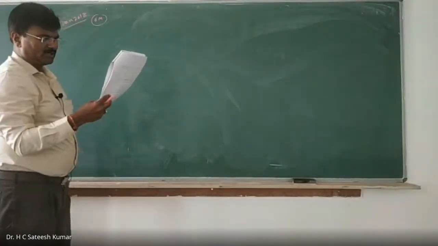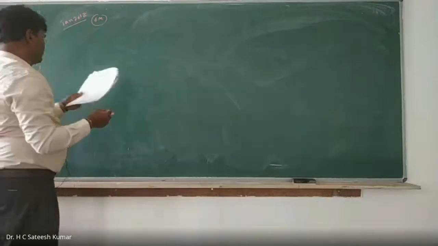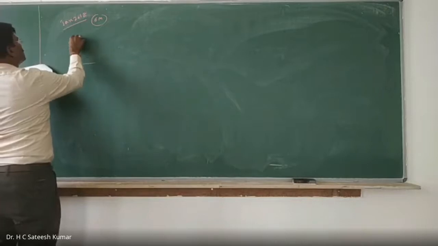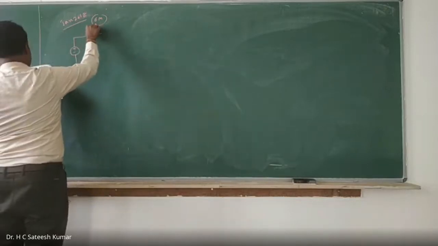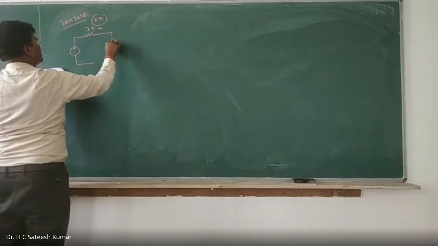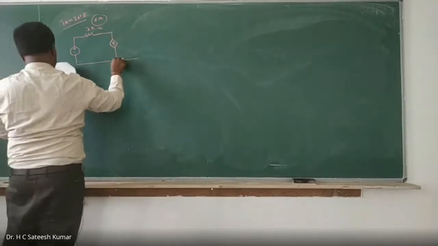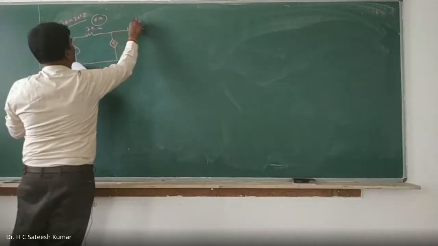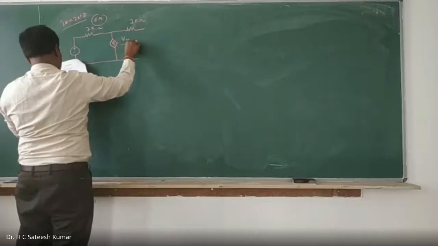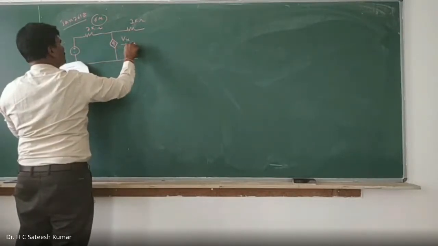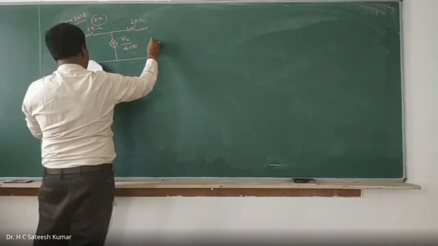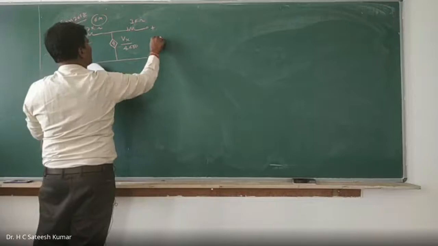Obtain the Thevenin's equivalent for the network shown in figure. A voltage source, 2 kilo ohms and a current source. Now we are having some twisted questions. One resistance 3 kilo ohms, and this is also repeated in many examinations. Vx divided by 4000. And the peculiarity of this one is plus minus Vx.